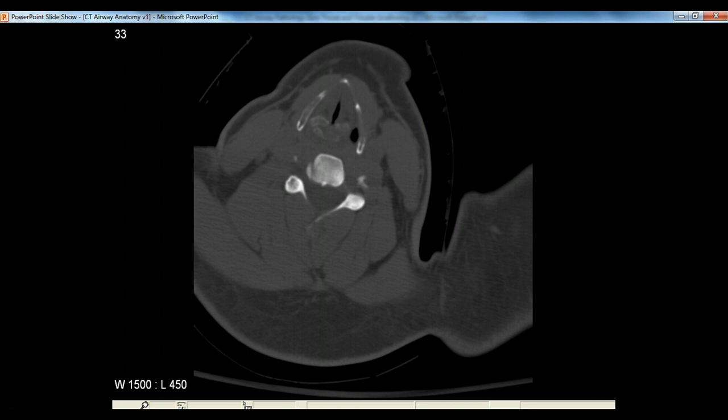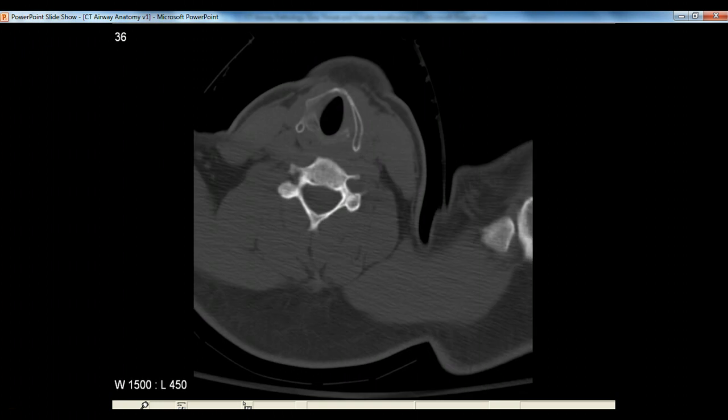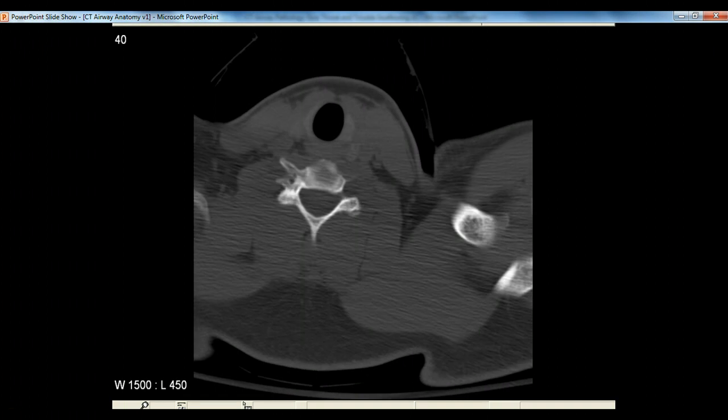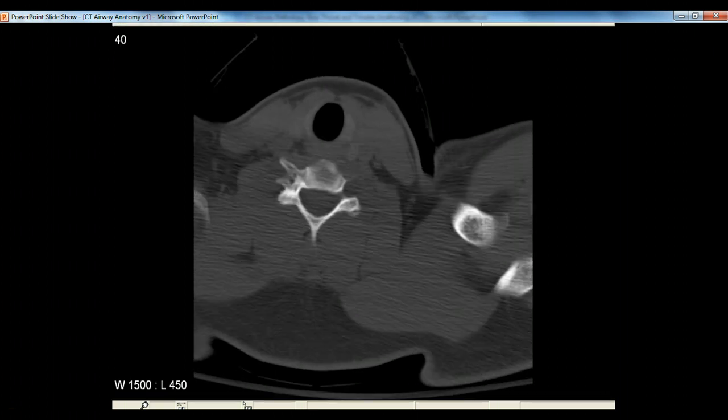And so now we keep moving, and boom, we're below the vocal cords. Everything opens back up. The laryngeal cartilage ends, and you can see the ring of the cricoid cartilage. It's that very faint gray ring. The cricoid cartilage is the only complete ring in your trachea, in your airway there. And so that's also important for several reasons, and we'll talk about those as we look at the rest of